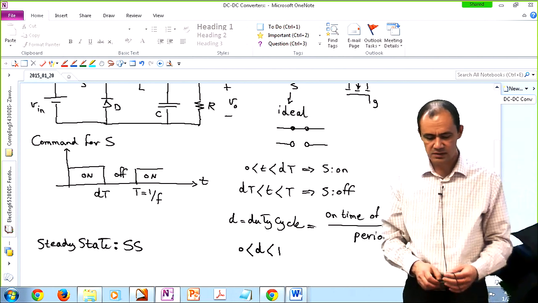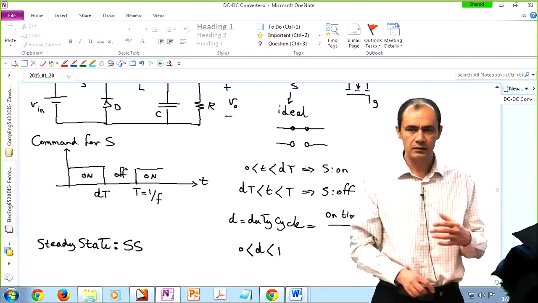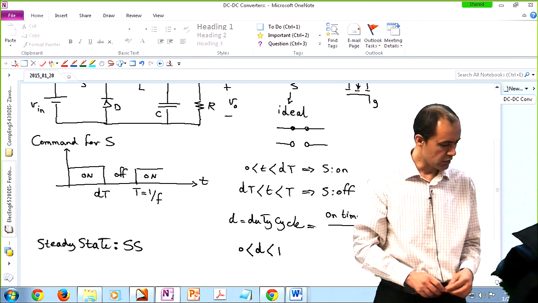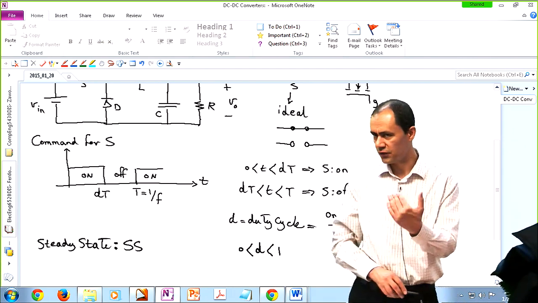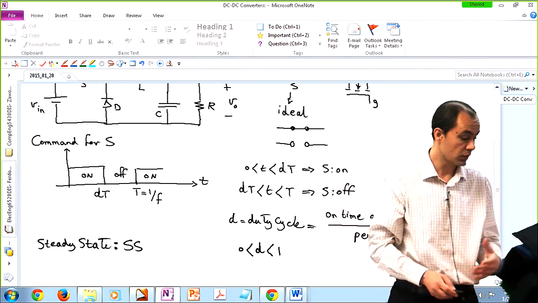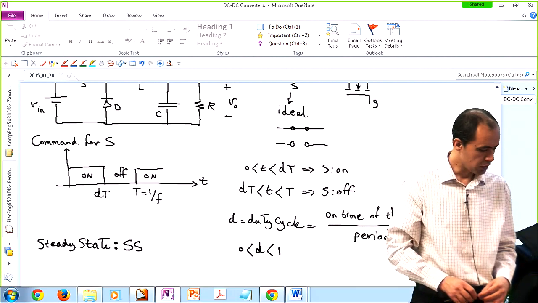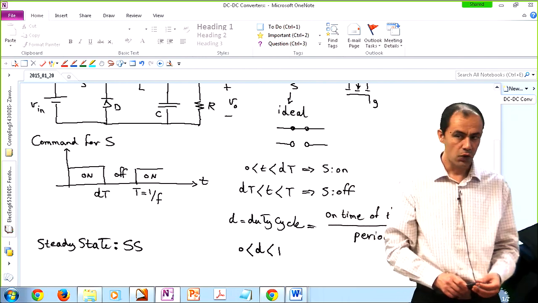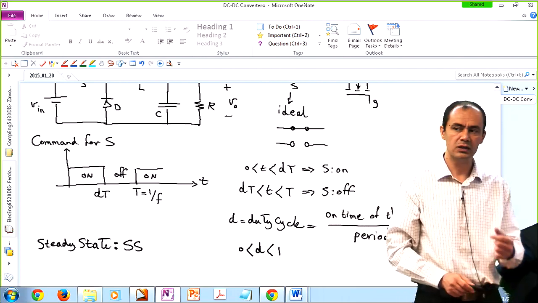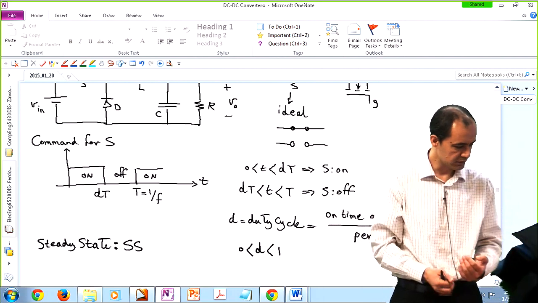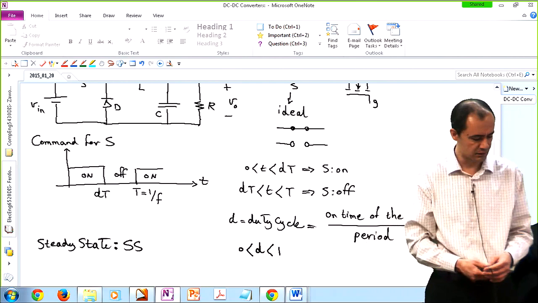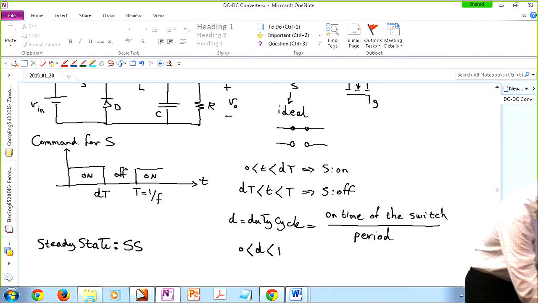So a steady state means that all of the signals have settled around a steady average value, and they are on average neither rising nor falling. On average, they are almost constant, or actually are constant. Or if you look at, for instance, the inductor current waveform or the voltage across the capacitor, they are periodic waveforms, but the initial value of the signal at the beginning of the period equals the final value of the signal at the end of the period. So steady state means, the implication is, on average,